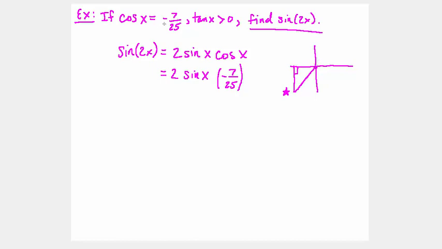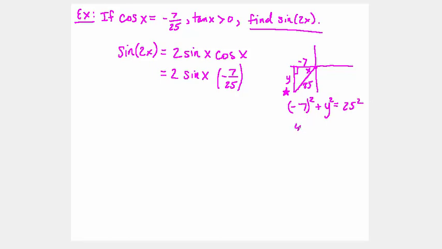And if cosine is given as negative 7 over 25, remember, we could put our little angle x in the interior corner of this triangle here. And if we did, cosine is adjacent over hypotenuse, so we'd have negative 7 over hypotenuse, which would be 25 down here. And if that's the case, we could find this other missing side using the Pythagorean theorem, which would state that negative 7 squared plus, I'll give it a name, how about y, y squared would equal the hypotenuse squared, which is 25